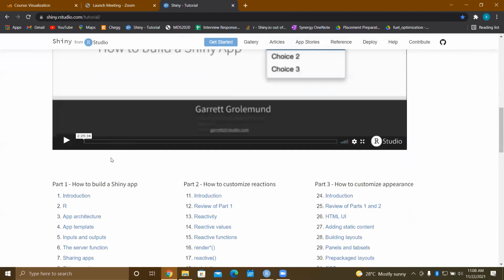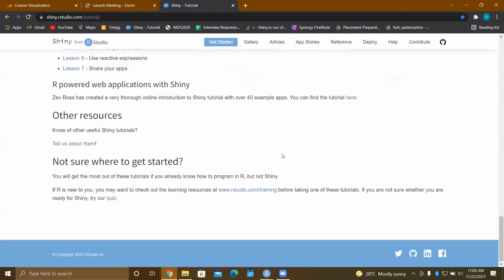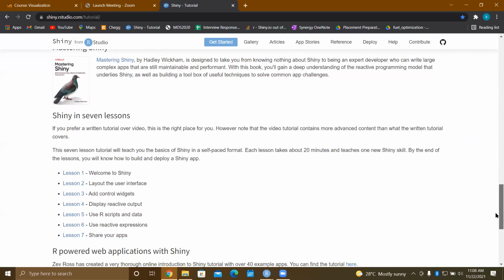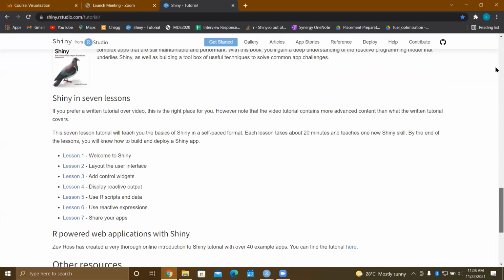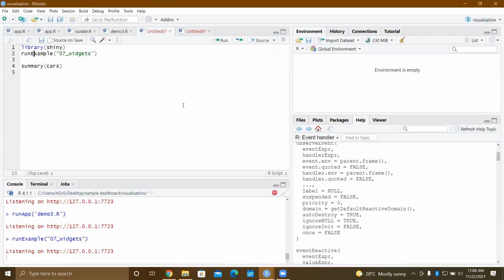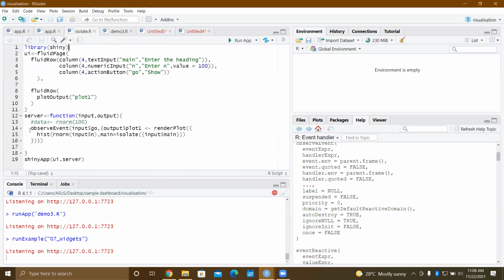Welcome to Shiny layout, the user interface. It is a very detailed tutorial that RShiny has provided us. You can just learn it on your own, do some experiments, use the functions. So these are the server things which I mentioned, how in the server we can control user input behavior and action. Next, I will show some very basic UI things.